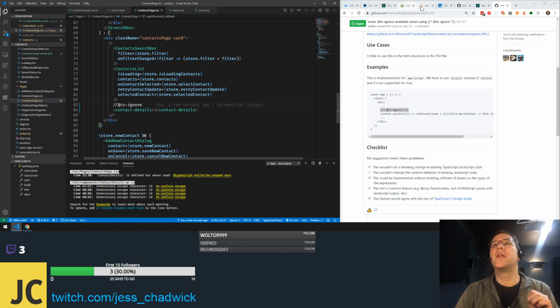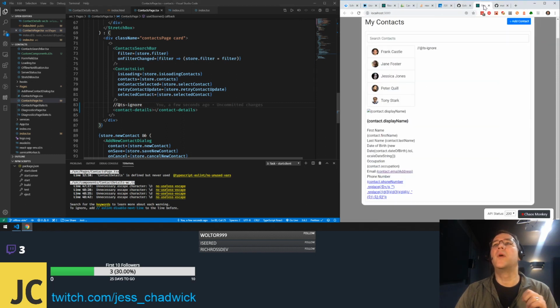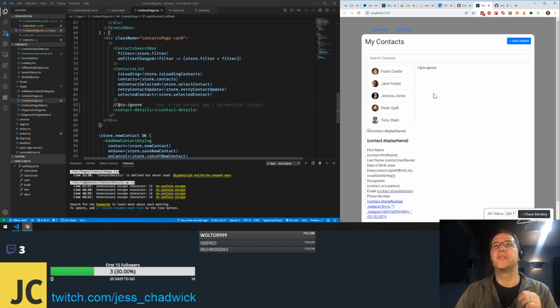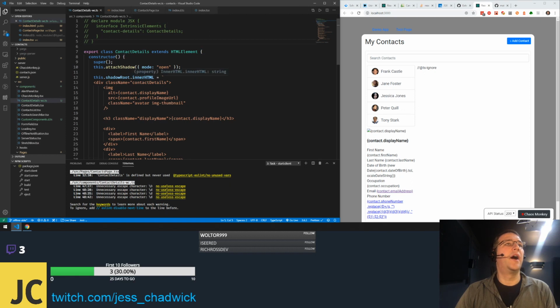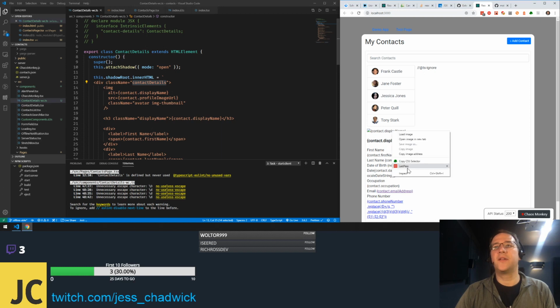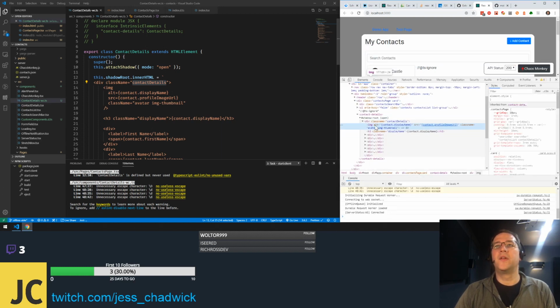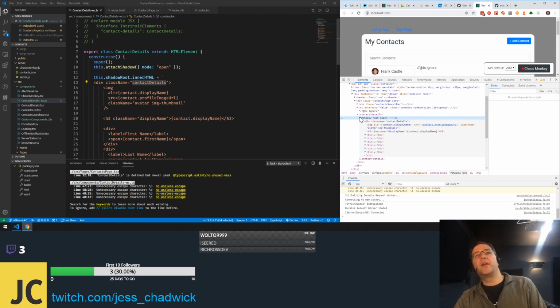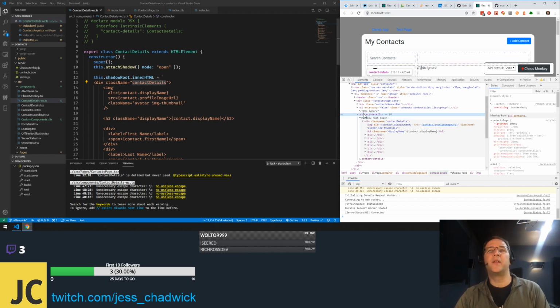Okay, so it is rendering, right? It is rendering without any of my CSS that I've done, so I can change that. So if I go back here, the class name is contact details. So let's look at this. We can inspect the DOM. So here's my shadow root, right? So this is what's actually been rendered, right? We have contact details is my component, and then within the shadow root we have class name, contact details, and everything. So now when this was rendering before, my class name, contact details was getting